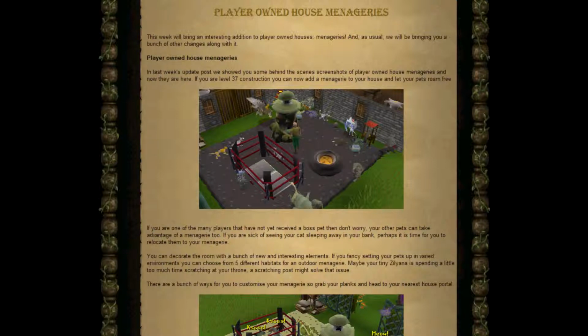This week we'll bring an interesting addition to player-owned houses, menageries, and, as usual, they'll be bringing a bunch of other changes along with it. So the player-owned house menageries. In last week's update post, they showed us some behind-the-scenes shots of the player-owned house menageries, and now they are here. If you are level 37 in Construction, you can now add a menagerie to your house, and let your